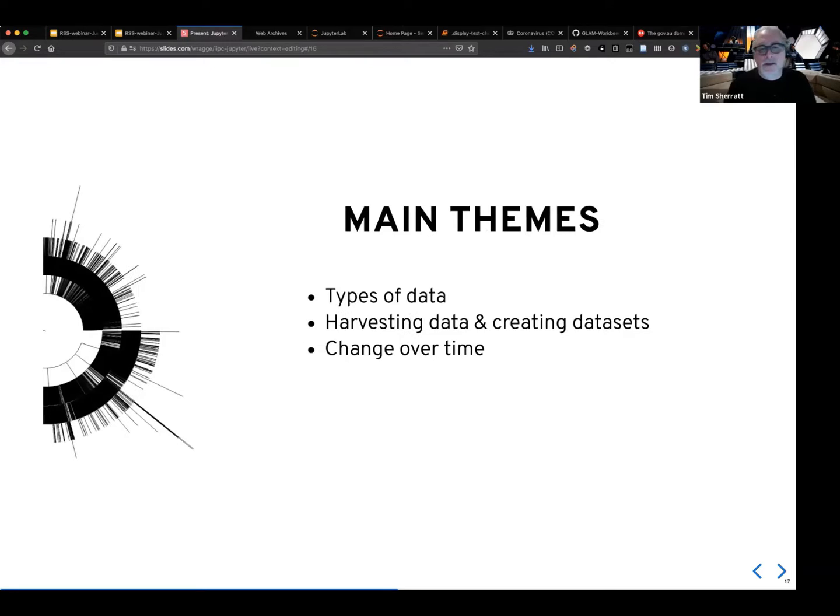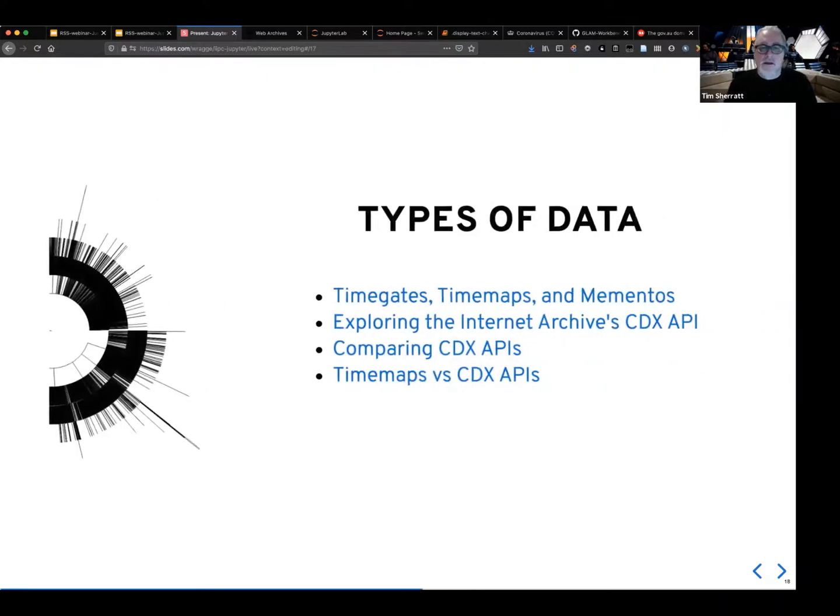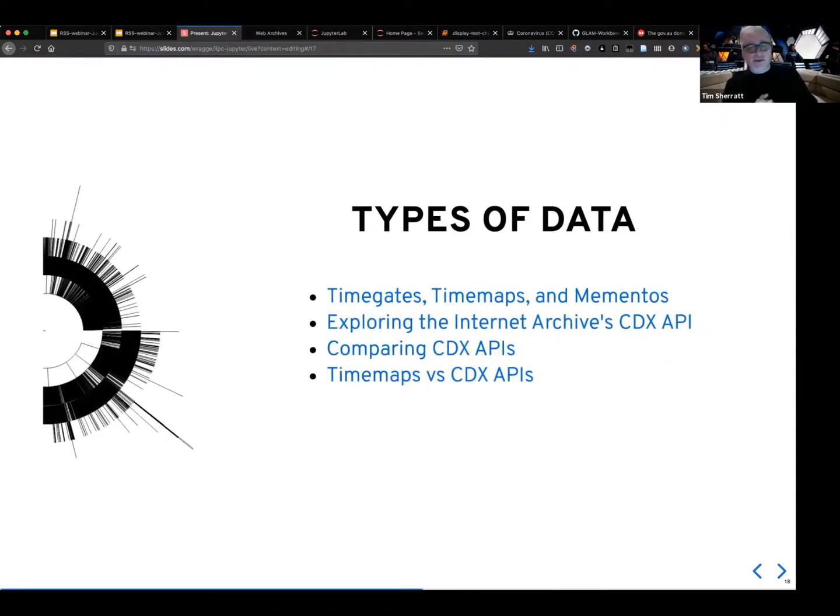Okay. So let's have a look at some of the notebooks. There are three main themes, which I've divided the notebooks up into: types of data, harvesting data and creating datasets, and change over time. Types of data. I've learned a huge amount in this project, and in particular, I've learned about the data that's available through Web Archives, both the richness and variety and the amount of data that you can get out of